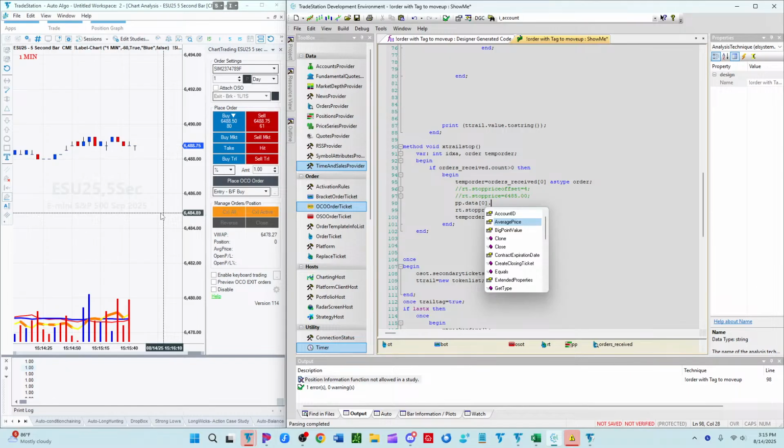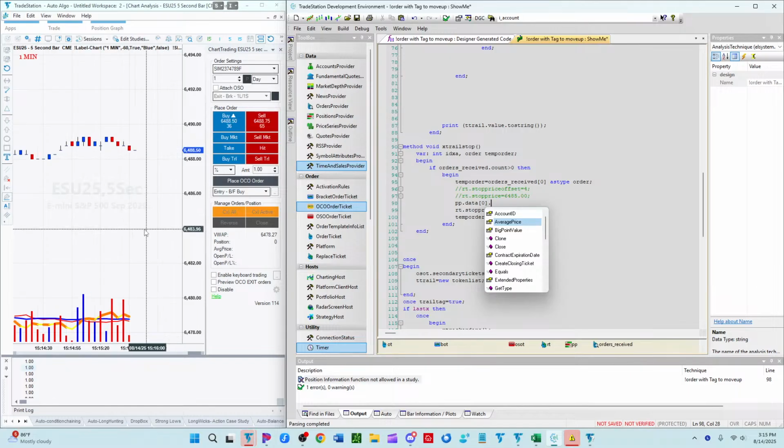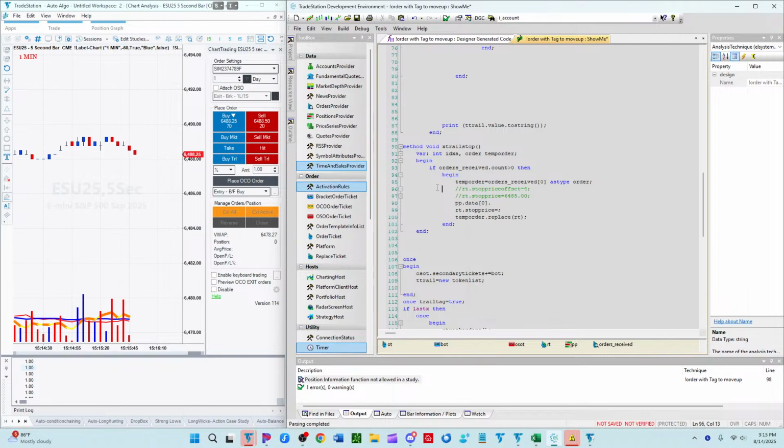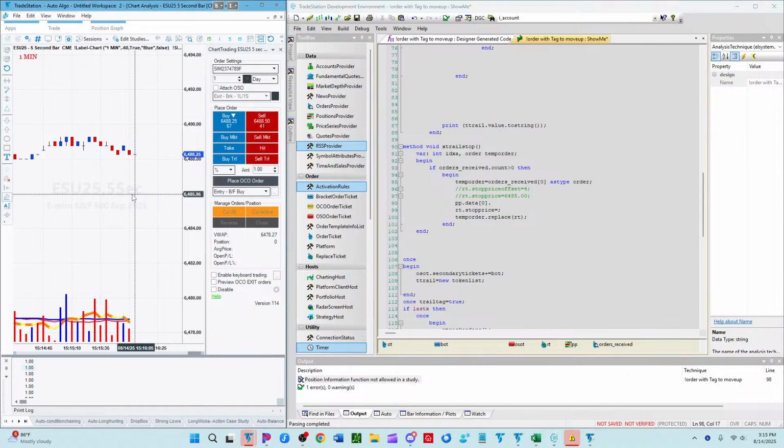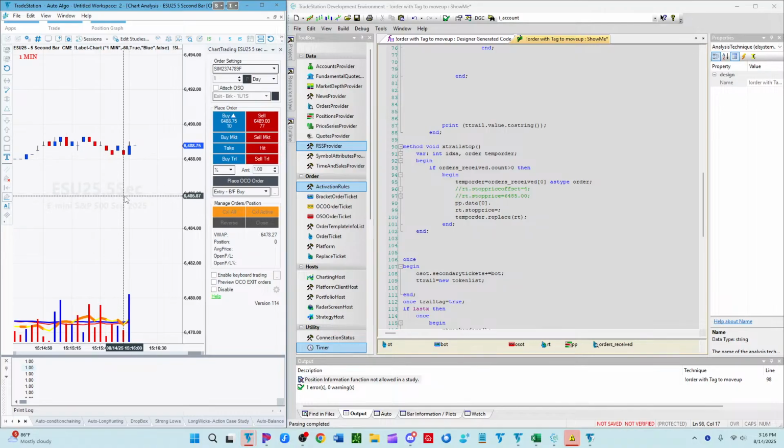But say you actually just wanted to bring your break even stop up to where that 5 share order was, I think that you will have to use some order IDs and that kind of thing to find out exactly where you are. So that's going to be a video that I do maybe tomorrow, because I do want to be able to identify the entry price for the order